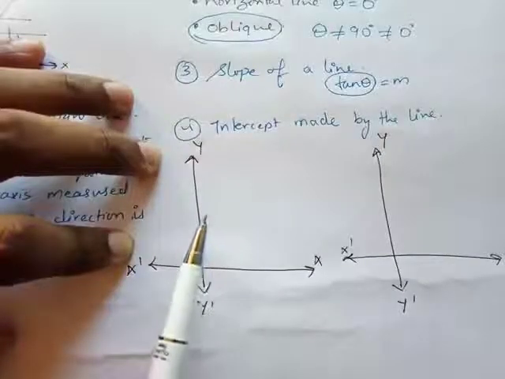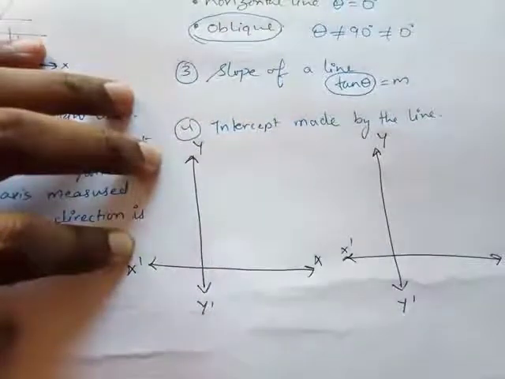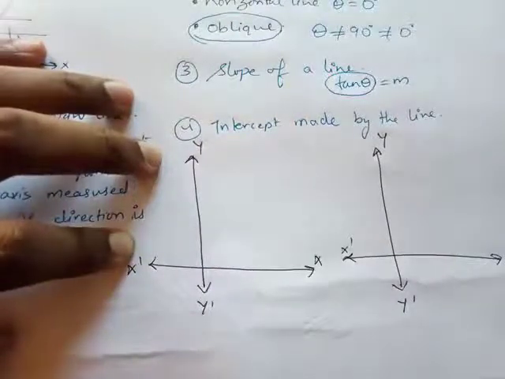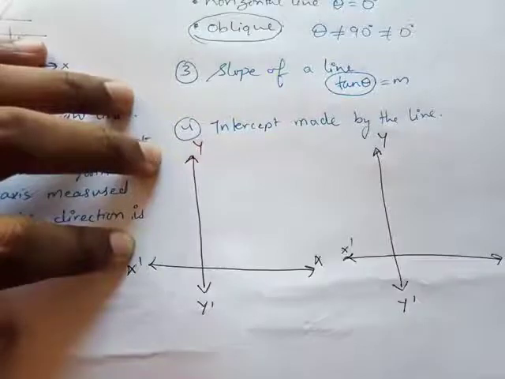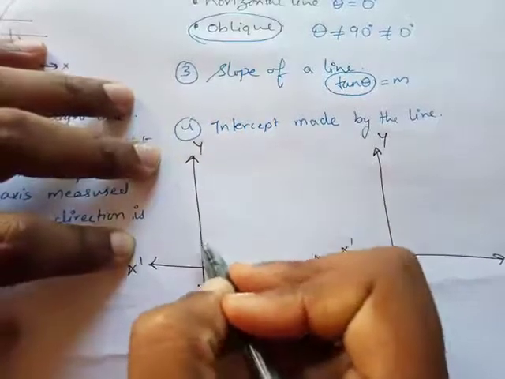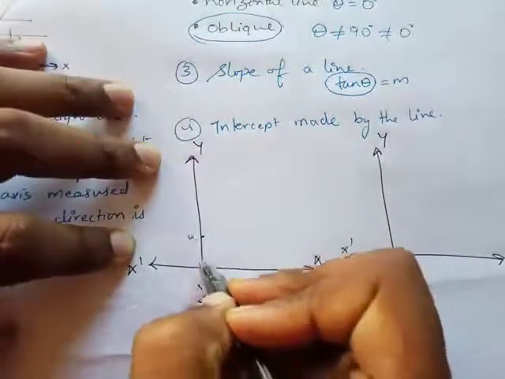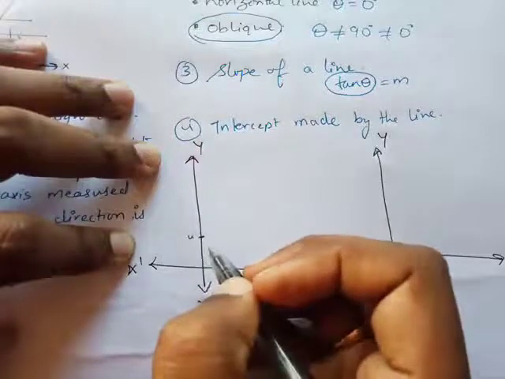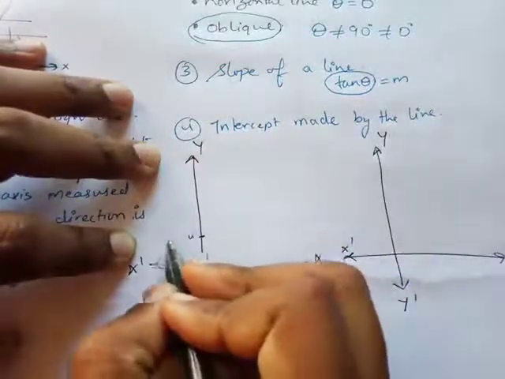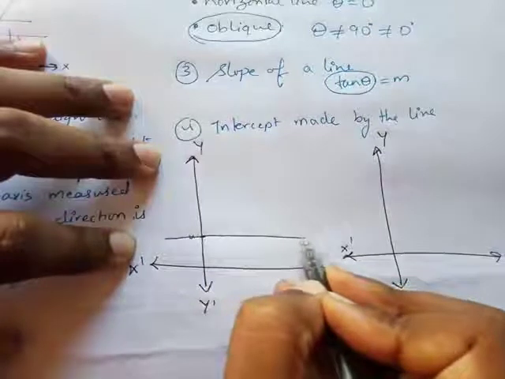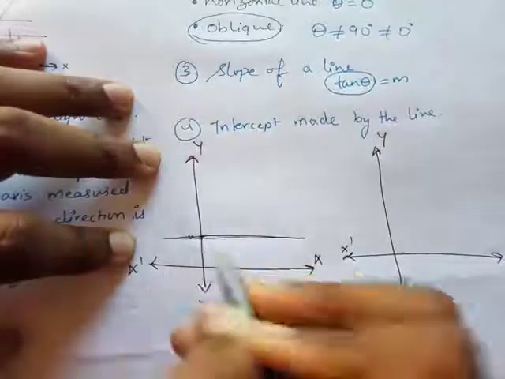I hope you guys are able to look at these two graphs. Now I'll be asking you a certain question and you can help me out. For example, this is 4: 1, 2, 3, 4, this is 4 on the y axis, and I have drawn a line parallel to the x axis. What is the equation of this line going to be?